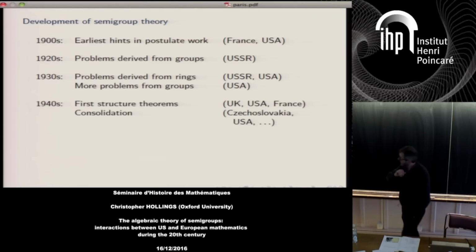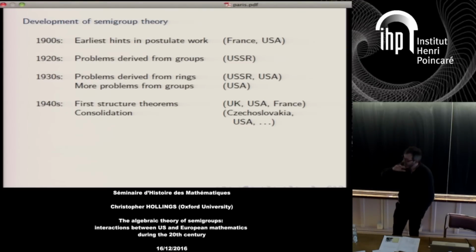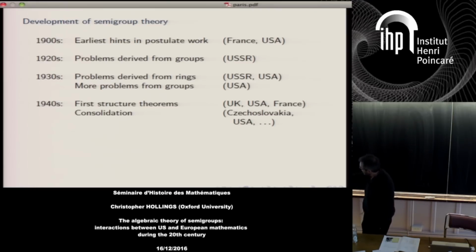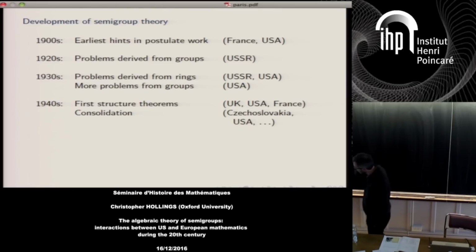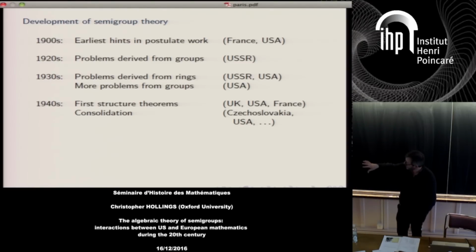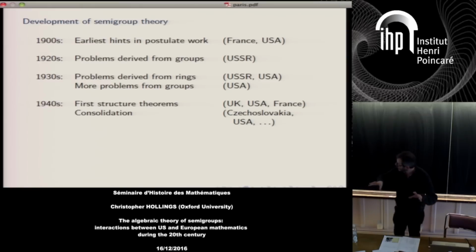And then we get to the 1940s, the first structure theorems, as I said, the ones that were analogues for groups and rings, and then the more independent things. And then you begin to see a great spread in where the theory is being carried out. Down to here, we've got France, USA, USSR, UK, and that's about it, really. But after this point, you start to see Czechoslovakia, you see German work, spreading across Europe. And the theory is really being consolidated at this point. What had come before this point were isolated results, but here people are starting to put together a systematic picture of what this theory should look like.